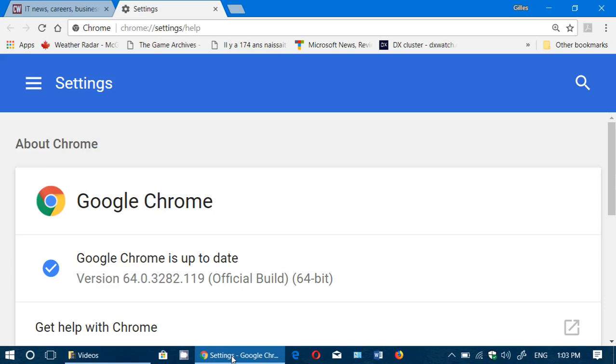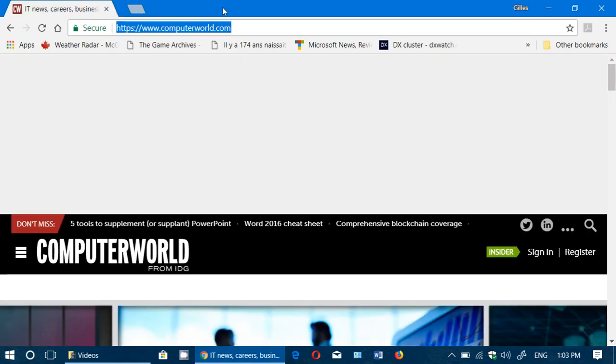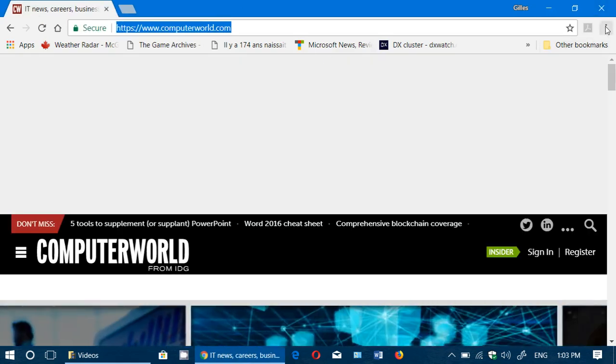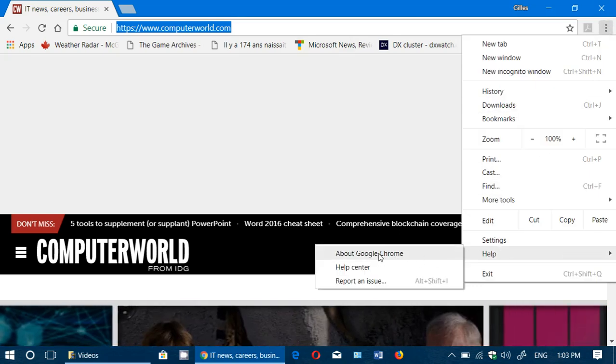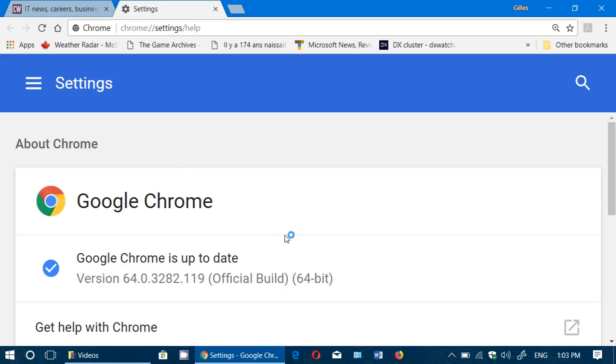The updates to these browsers are now really quick, and basically we have new versions of browsers every couple of months, or even sometimes almost every month. So check it out. If you don't know if you're at the latest version or not, simply go in the upper right corner, three little dots, go into Help, go into About Google Chrome, and you should see it update. If you're not updated to the last version, it's going to auto update,